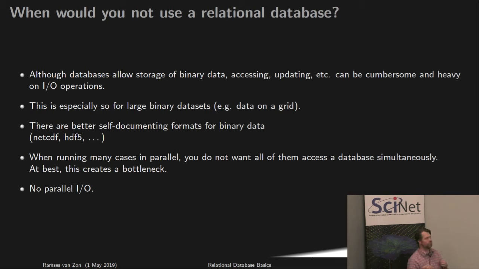Whereas if each process is writing its own file, and especially if you have a parallel file system, like on SciNet, it just goes. They don't have to wait for one another. So there are cases where it could be a bottleneck. And as I said, it cannot do parallel I/O in the same sort of way. It can't generate data or ingest data in a parallel fashion. It can retrieve them somewhat in parallel if the database is clever enough, but the access has to be one by one. So it's not good for everything,